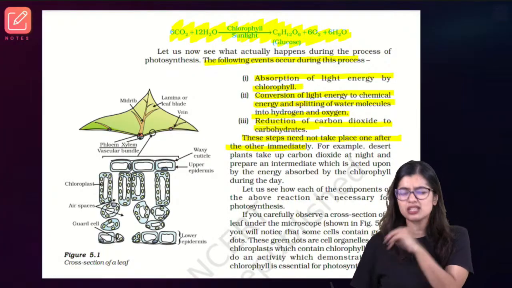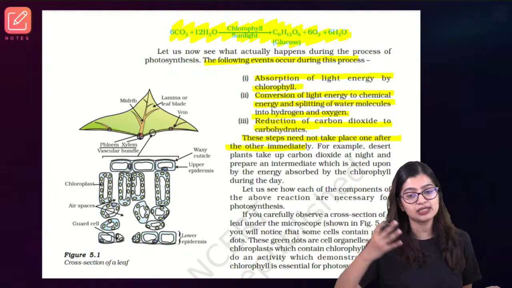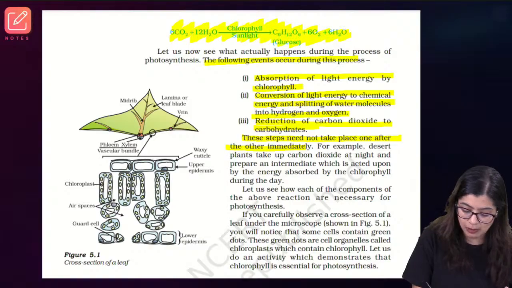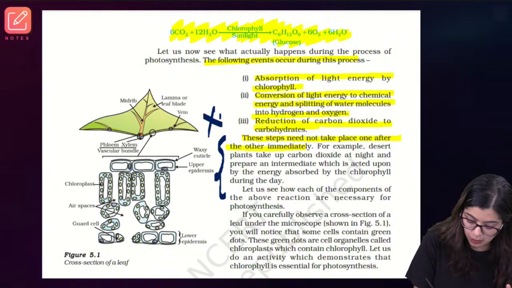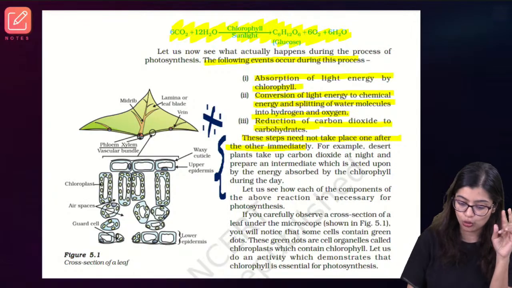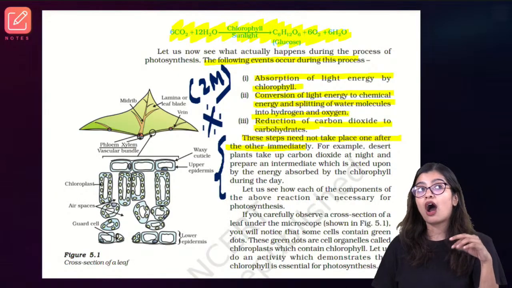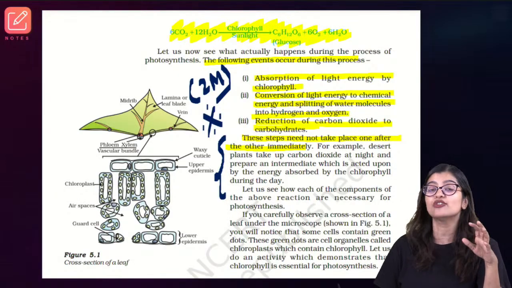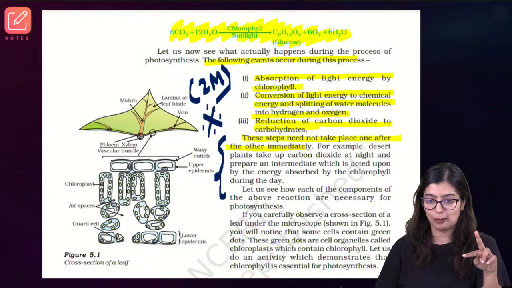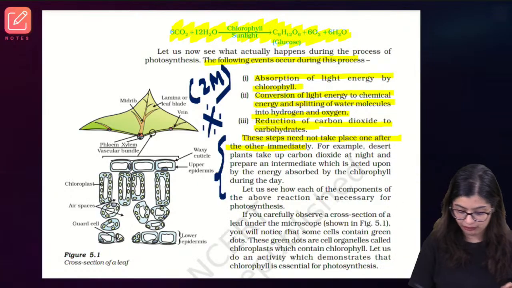In the case of desert plants, which I will cover again once towards the end, it happens slightly differently. But because I'm not going to come back to this paragraph, all of you please highlight this point on desert plants, because they can ask you in the exam for 2 marks, right? They will ask you to write about how the process of photosynthesis differs in desert plants when compared to normal plants. So they can ask you this difference. So please underline and keep it carefully.